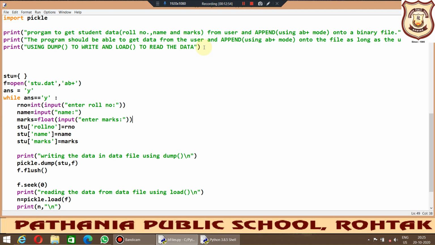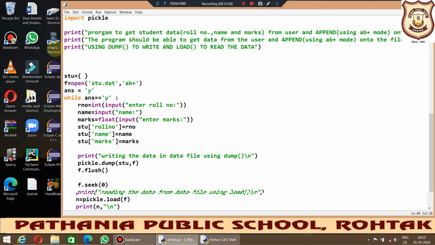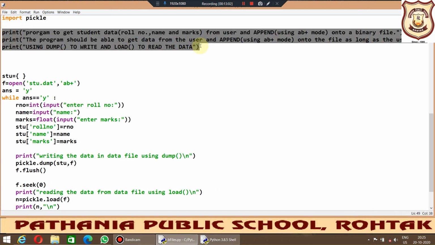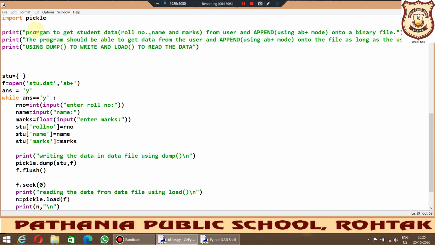Okay, so when we are opening a particular file in append mode, let us say these are the contents of my file, where would my file handle pointer be? It will be here, at the end of the file, so that the contents of the file can be further extended.